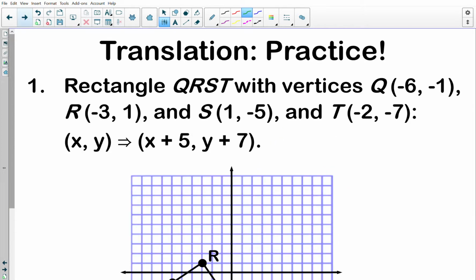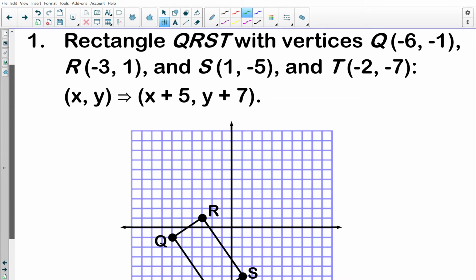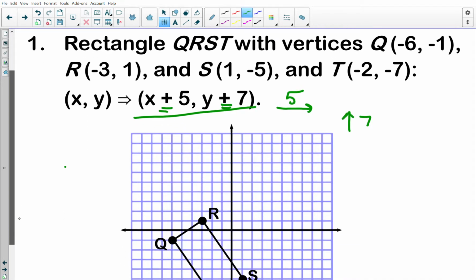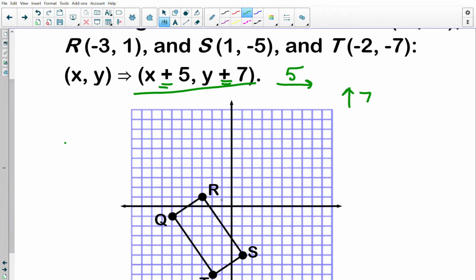So let's look at an example. So here we have this symbolic notation. So we're going to shift to the right 5 and up 7 because I'm increasing my x value and increasing my y value. So I can literally take each point and count 1, 2, 3, 4, 5, and then count 1, 2, 3, 4, 5, 6, 7. So that's one way to do it. So that would be at (2, 8). Or,